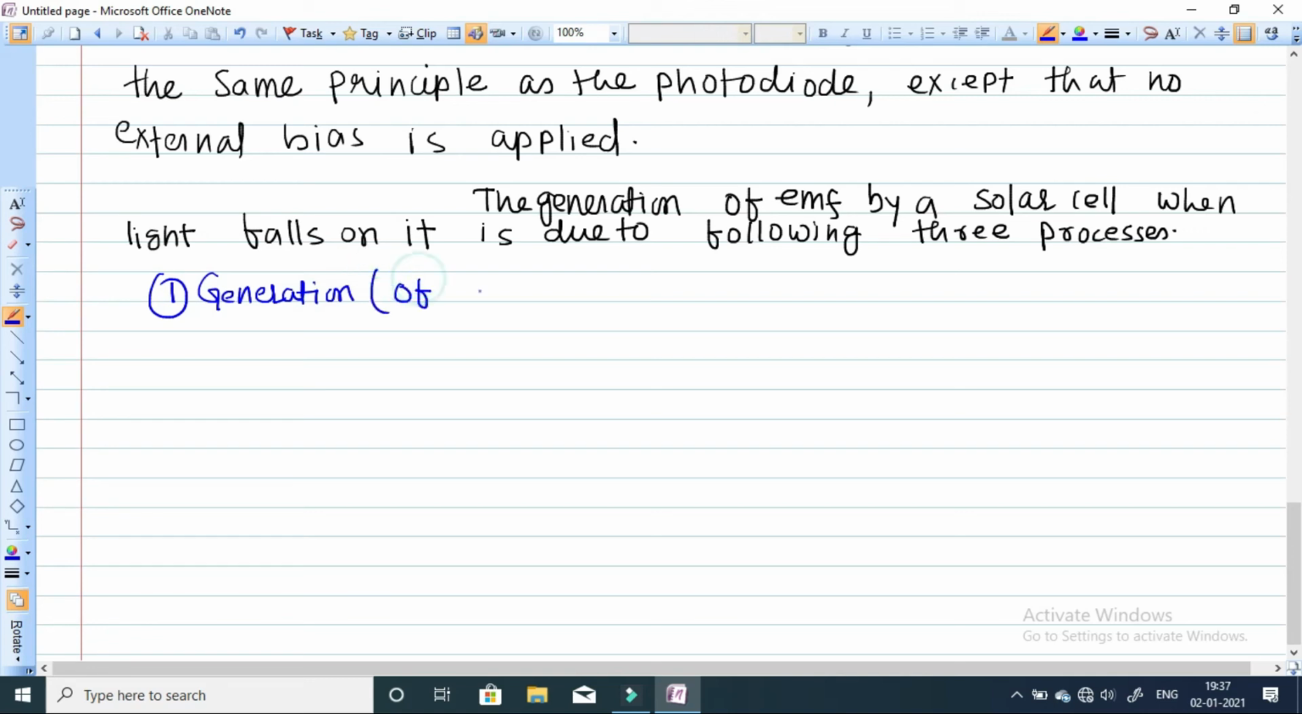Generation of electron hole pairs due to light. The energy of light, h nu, must be greater than the energy gap of the semiconductor diode, Eg. First is the generation. When the light energy falls on the solar cell, there will be generation of the electron hole pairs. Number two is the separation